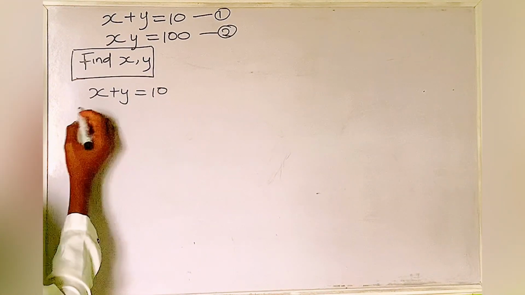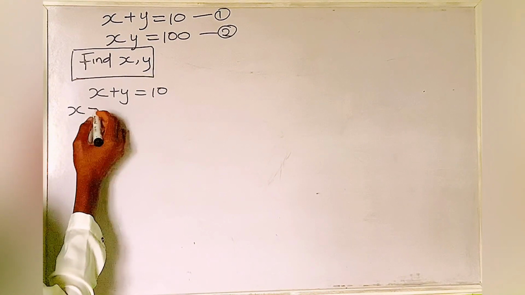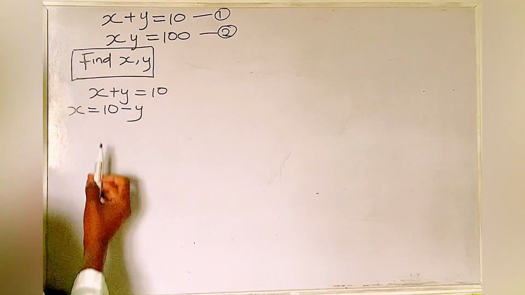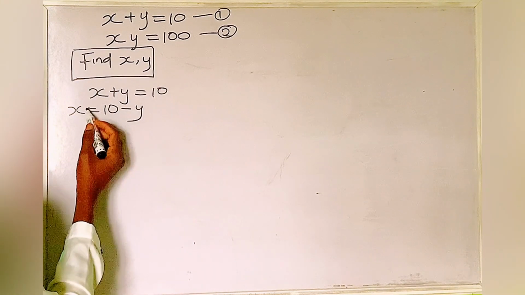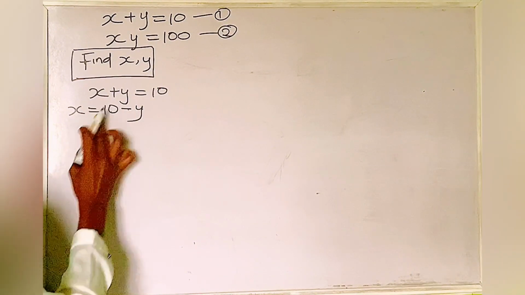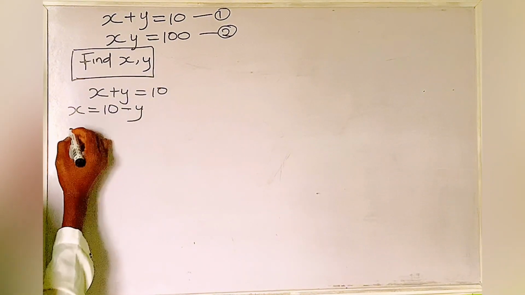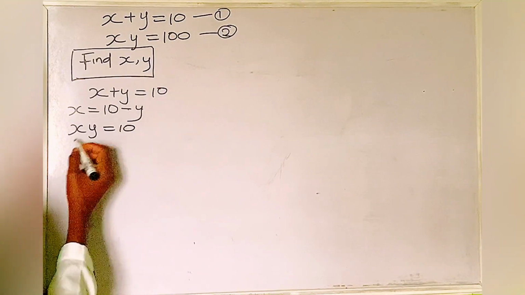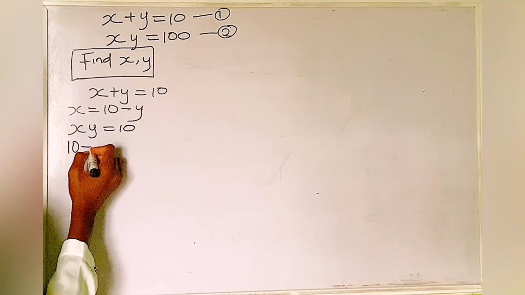We can make x the subject of the formula. We can say x is equal to 10 minus y. Okay, now from this we have that x is equal to 10 minus y. So let's substitute for the value of x in equation 2. Equation 2 is xy is equal to 100. So let's substitute now. We have 10 minus y